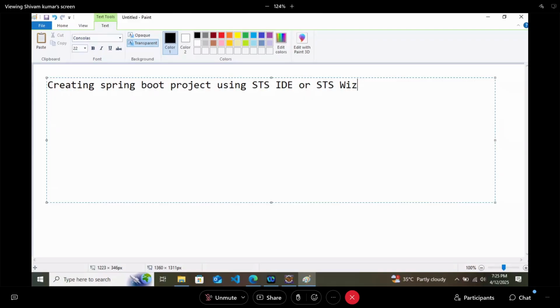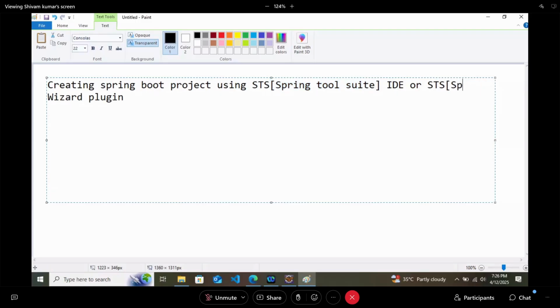This is the same thing, STS Wizard plugin. Guys, I am still writing things, we should wait. I will tell you what the meaning of STS is. It is Spring Tool Suite.